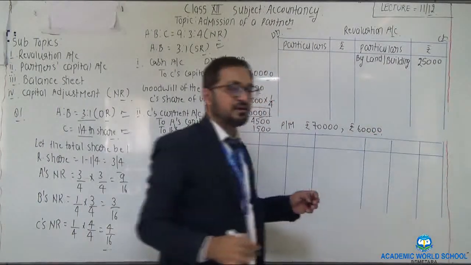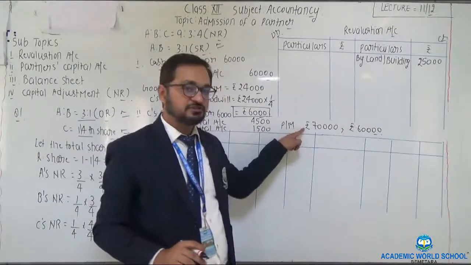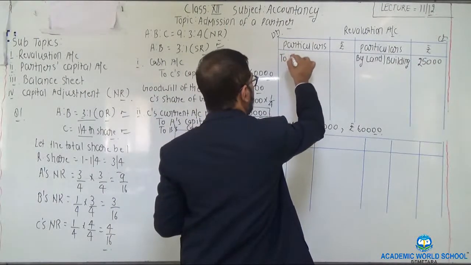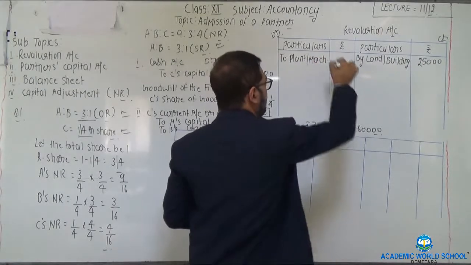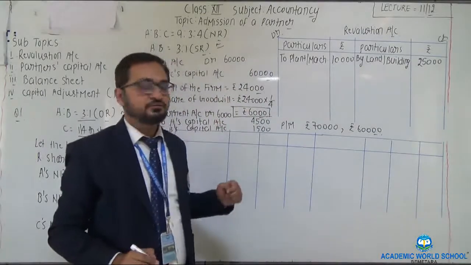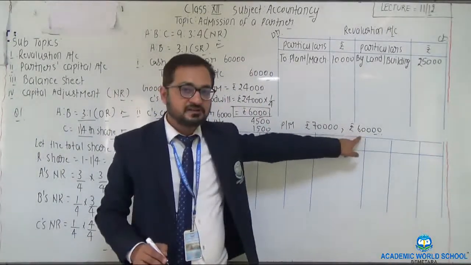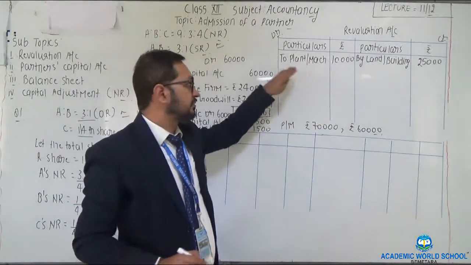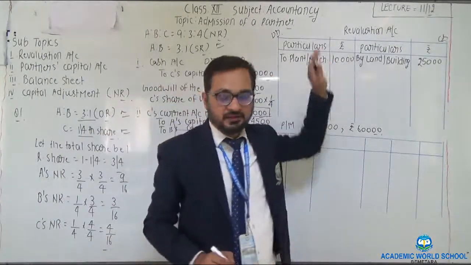So now there is a fall in the value of plant and machinery. The value reduces by 10,000, which means that there is a loss. So write on the debit side to plant and machinery amount being 10,000. Clear to you? Previously 70,000, now it is estimated at rupees 60,000, so there is a fall of 10,000 rupees. Go on the debit side, write to plant and machinery amount being 10,000.